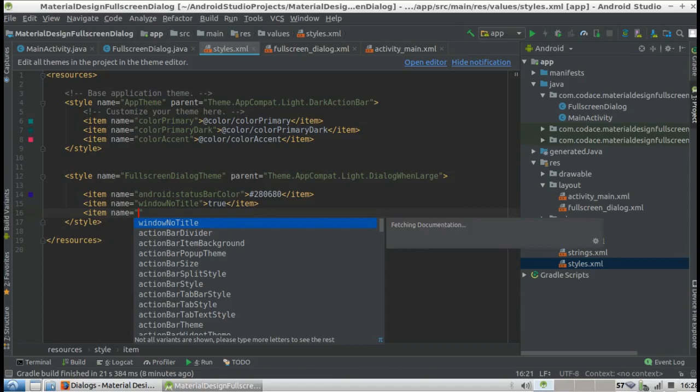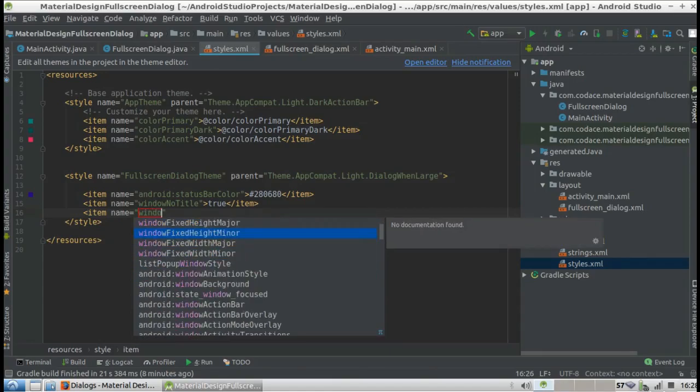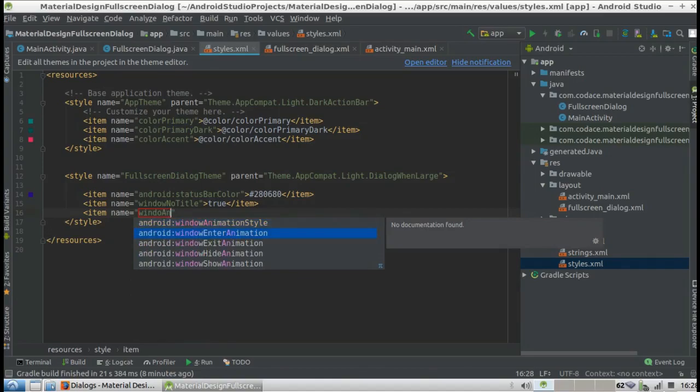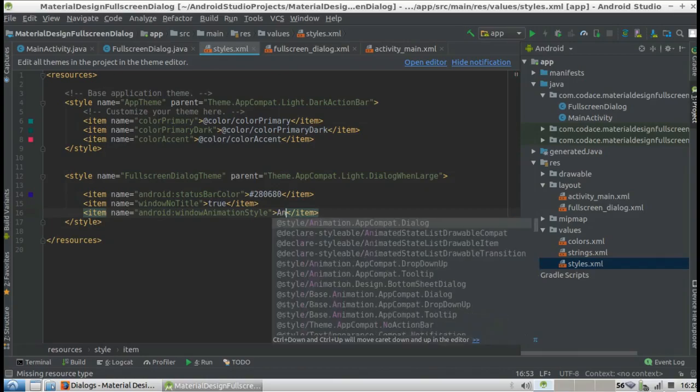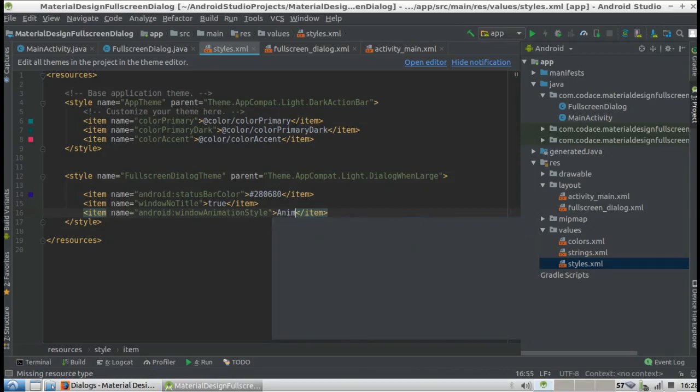Add the animation for our full screen, so that when we open or close the full screen dialog, it shows us an animation. Okay,